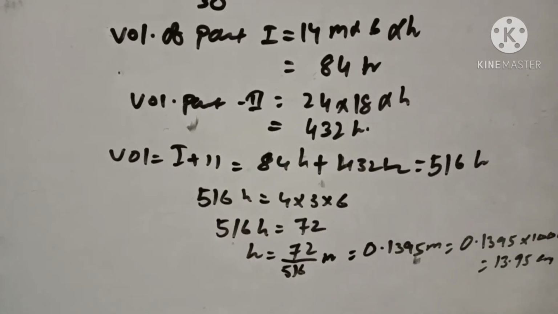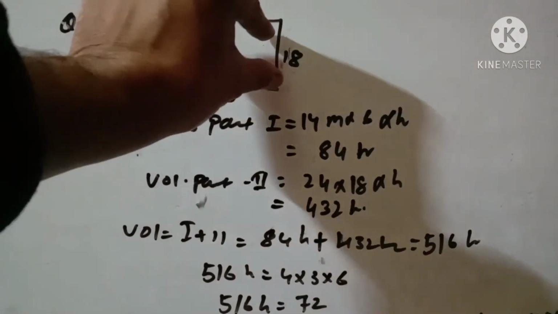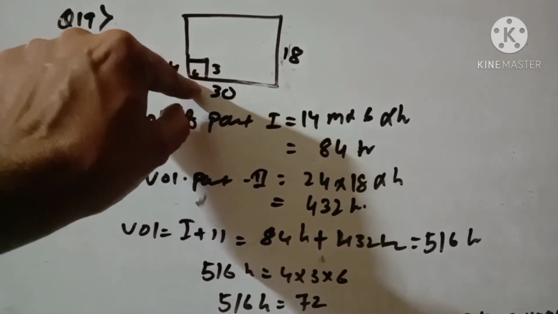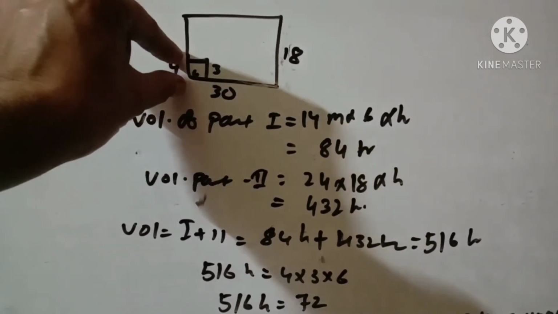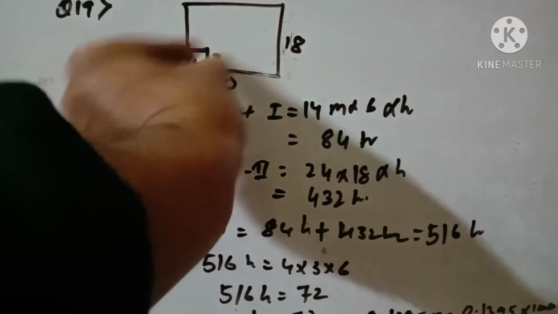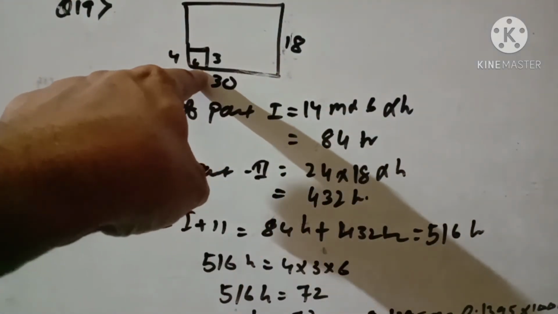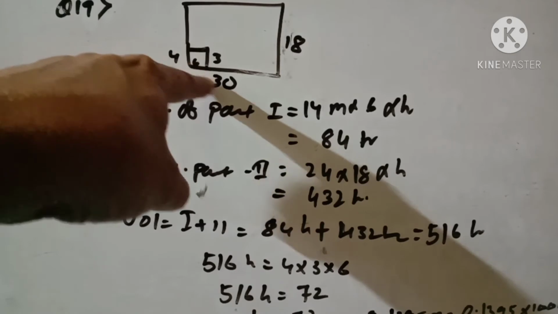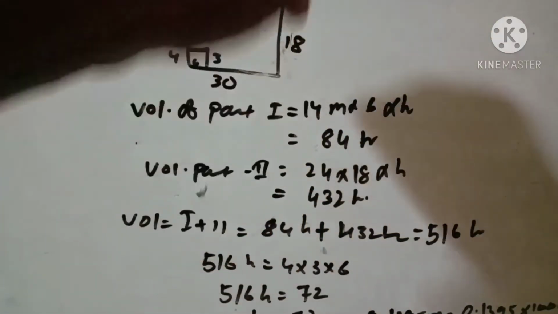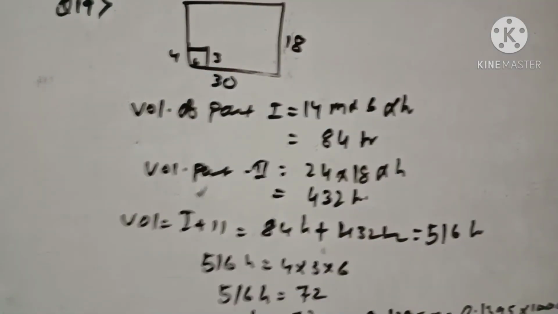Write down. Simple. We have to see this here. This length is 18, and here we already dug out 4 by 6 by 3. So that part, that 4 we have to remove, and this 6, this part. So 18 into 6 into 4. After that, this 6 will be removed from 30, means 24 into this length, it will remain same, 18 into h. This is the main fundamental of the question.